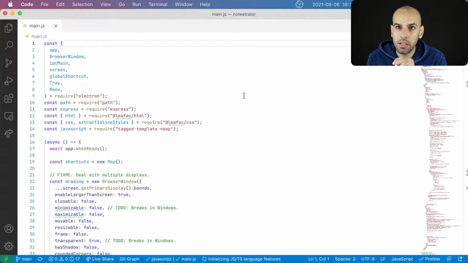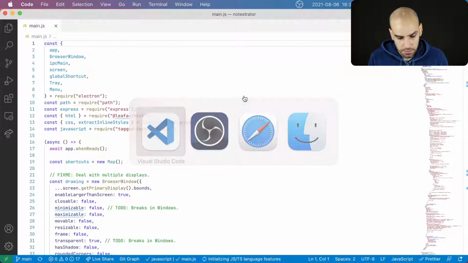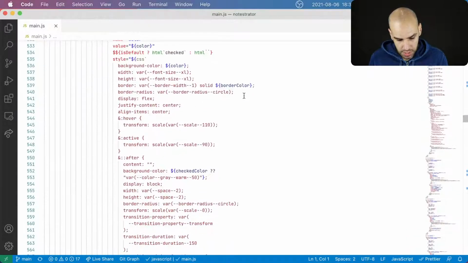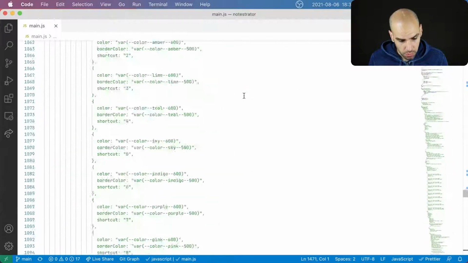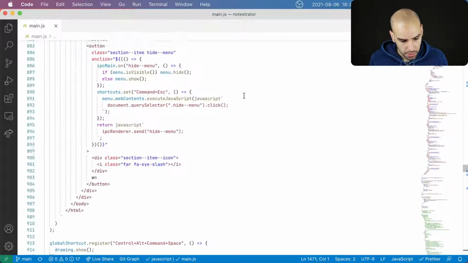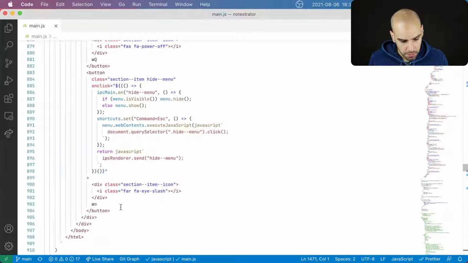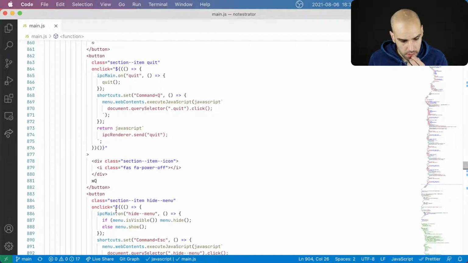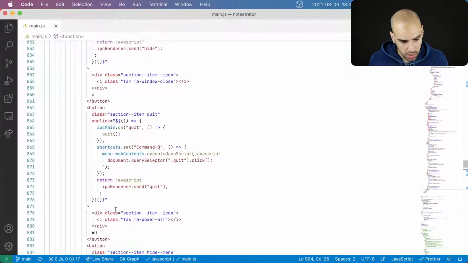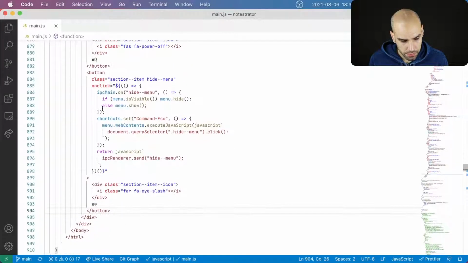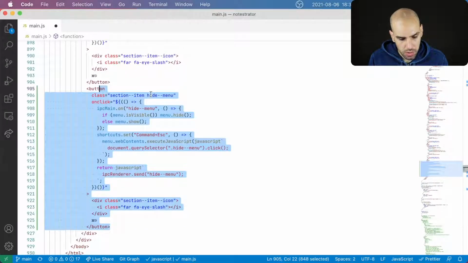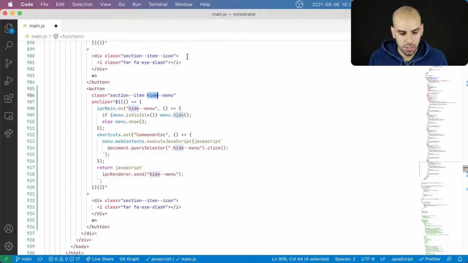We are gonna need a new button on the menu. So let's go to the menu, actually to the end of the menu. It may be easier if I go from bottom up. And here is the end of the menu. So how about we just add another one of these buttons? And then this is not going to be hide menu, it's going to be reset